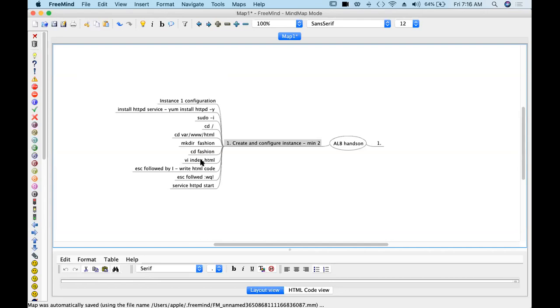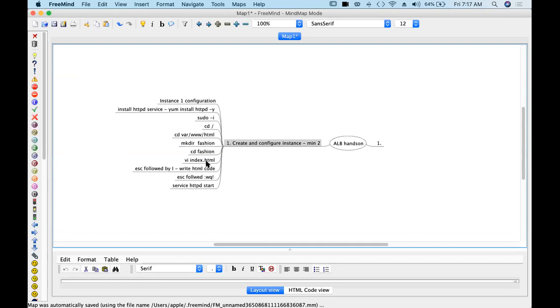So you can write anything. Welcome to this is a fashion web page. Welcome to this e-commerce site, something like that. Fashion. So you have to distinguish between the other instance and this instance. You should be able to see the difference. So write the HTML code, and be careful at this step.